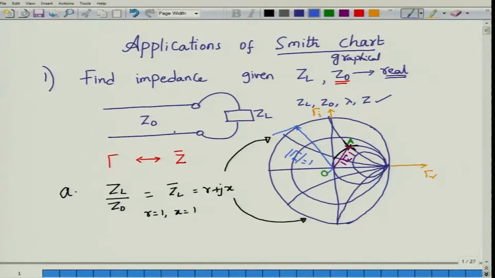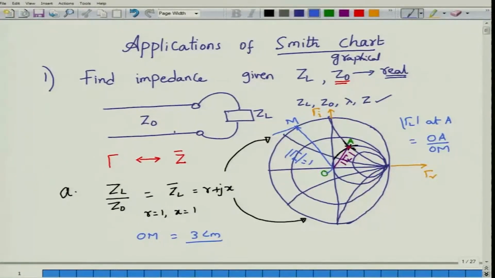Of course, if I were to actually print this chart on a piece of paper, this will be some number. That is O, and let us call this M. OM might be 3 centimeters, for example, it may not be, I am just giving you an example. In which case the magnitude of gamma L at A can be found by the ratio OA divided by OM,